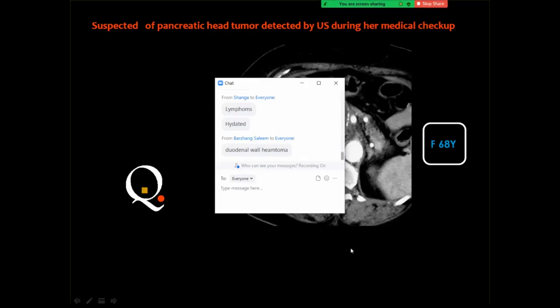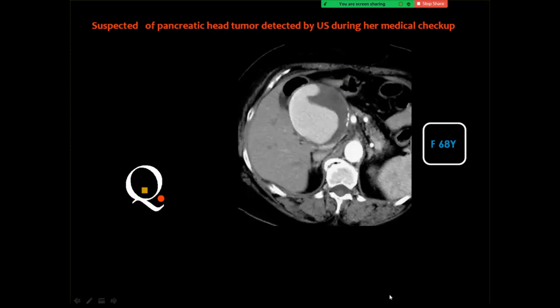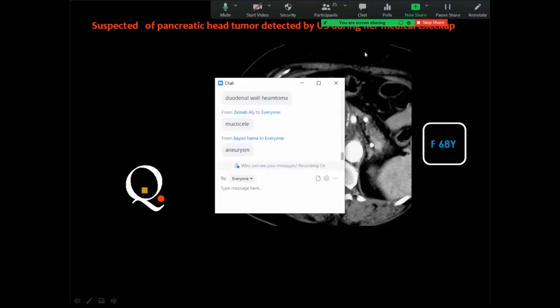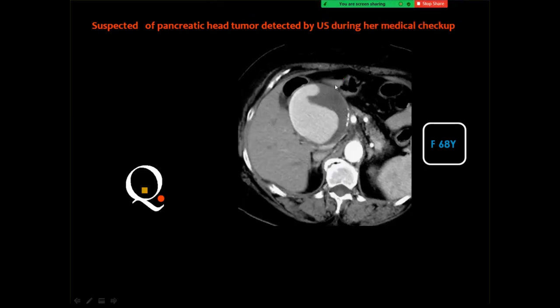Hydatid cyst, no. Duodenal wall hematoma, no. And this is a classic appearance of an aneurysm. Yes, the answer is right. And an aneurysm is